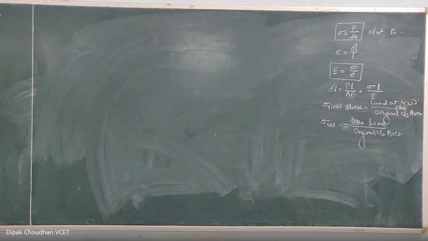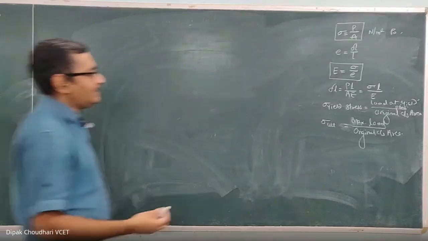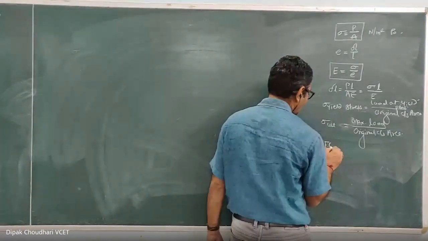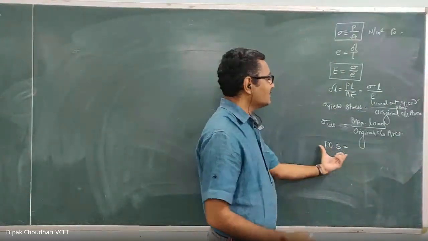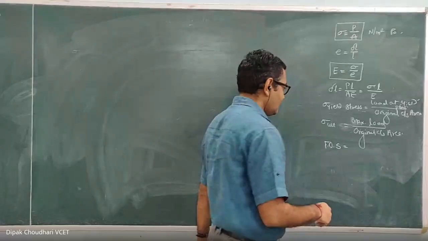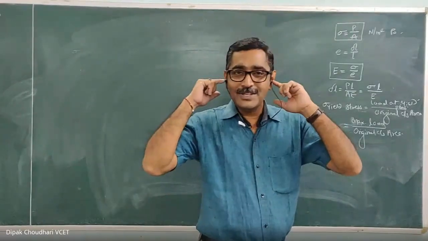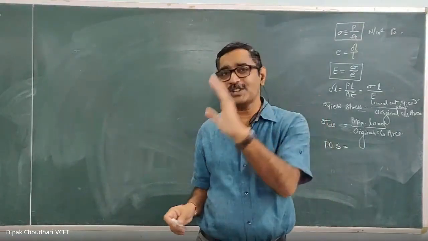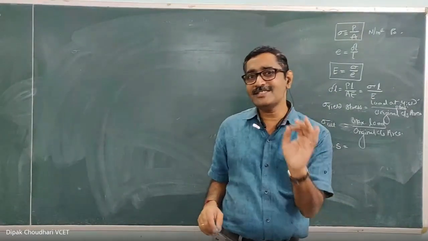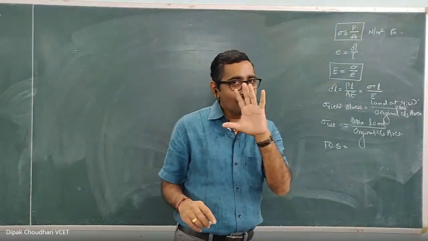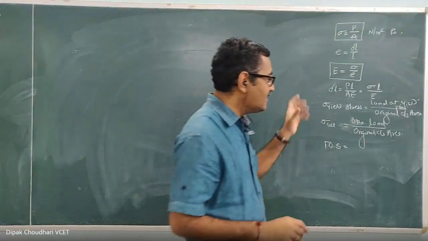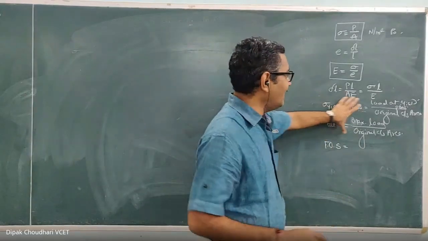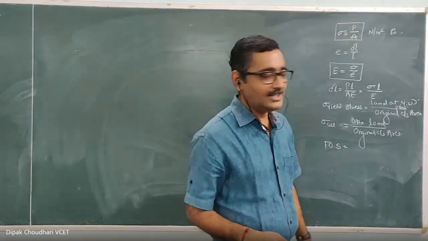Then the next point is the factor of safety. How can you calculate the factor of safety? Most of the time this is given, or when we consider the design point of view, the design engineer has to decide this factor. And what is the importance of this factor? By using this factor, we can get the working stress or the design stress. Working stress or design stress is the stress which is supposed to be induced during the service period of that particular component. Design stress or working stress we cannot calculate this way; that we have to decide.